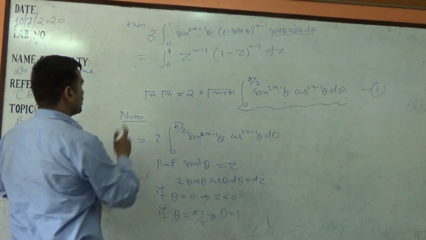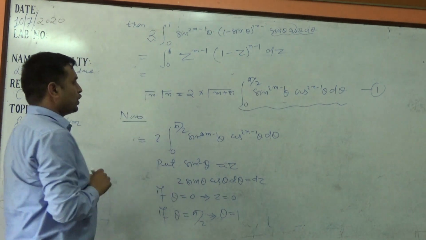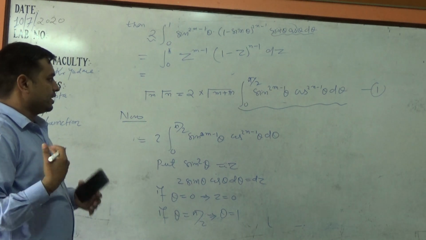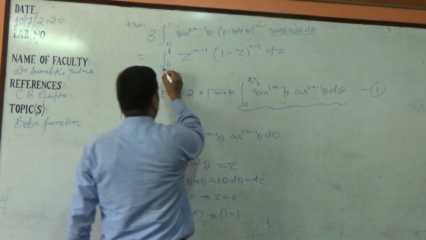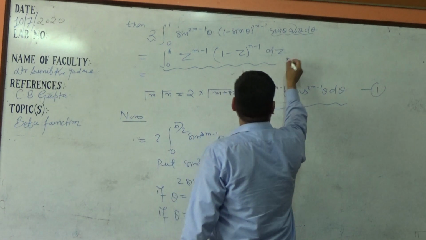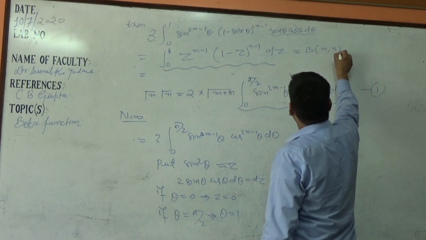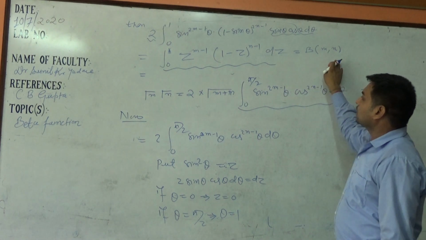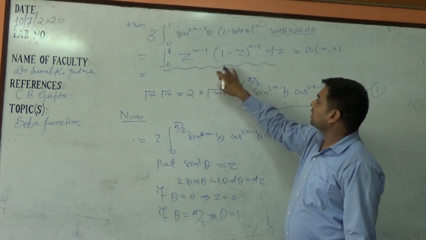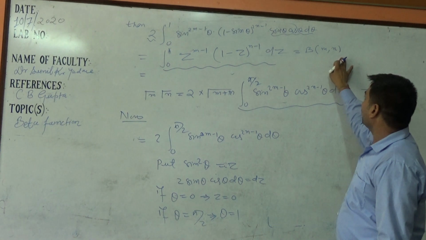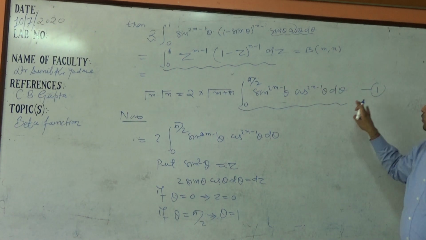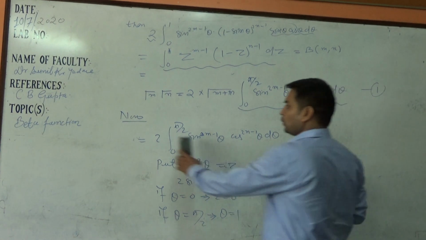This integral will be, using the previous result, beta of m, n, that is the definition of beta of m, n. So by using this result, equation first will be reduced to,